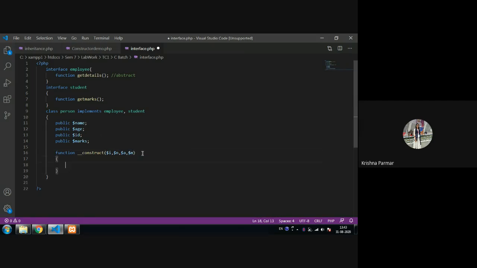Here I am assigning everything like $this. If you want to use this keyword, it is fine, otherwise it is up to you. And make sure after the arrow you don't put an arrow or dollar sign. This way I'm assigning every property.